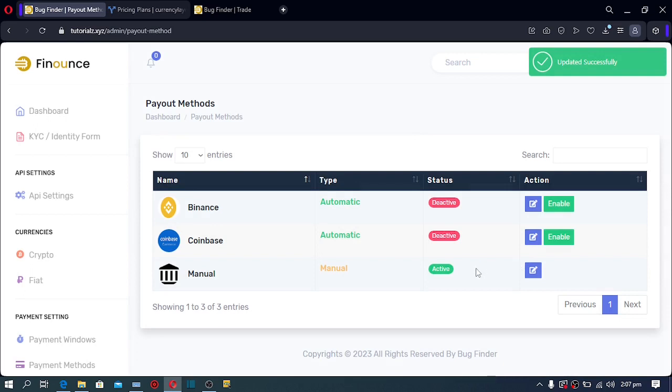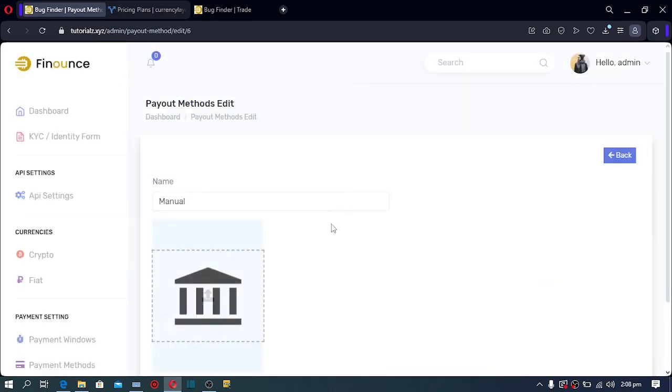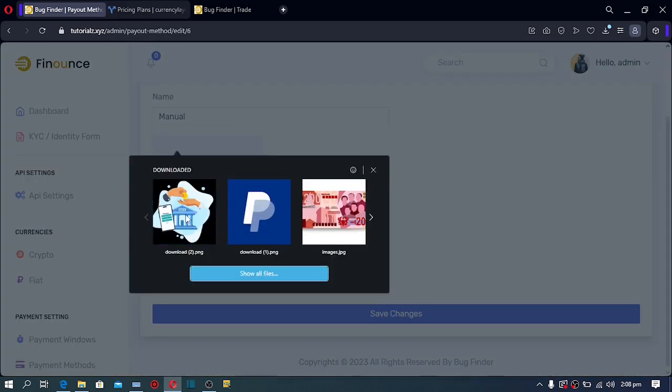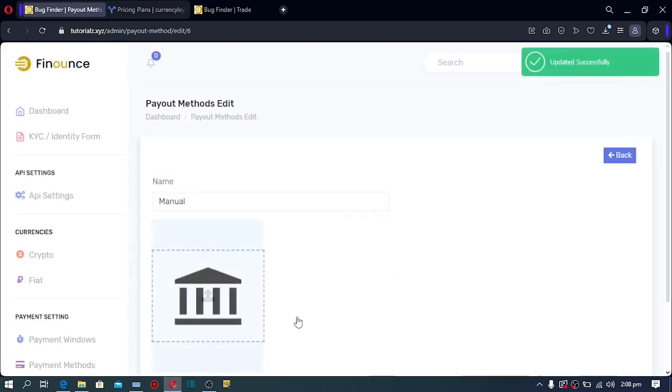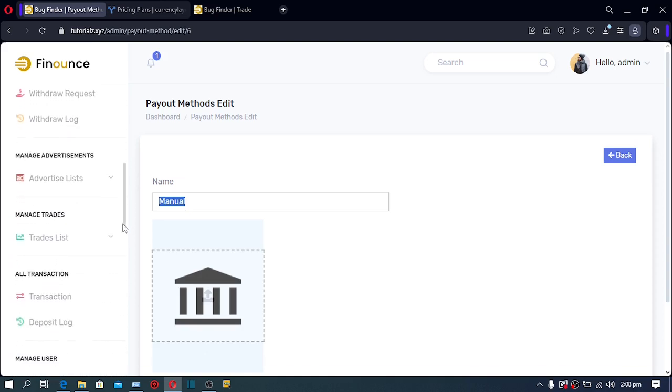Once that is enabled, click on edit payment method, upload your bank logo here, and then click on save changes. This way your users will have the option to withdraw via this platform or this payout method. Scroll down